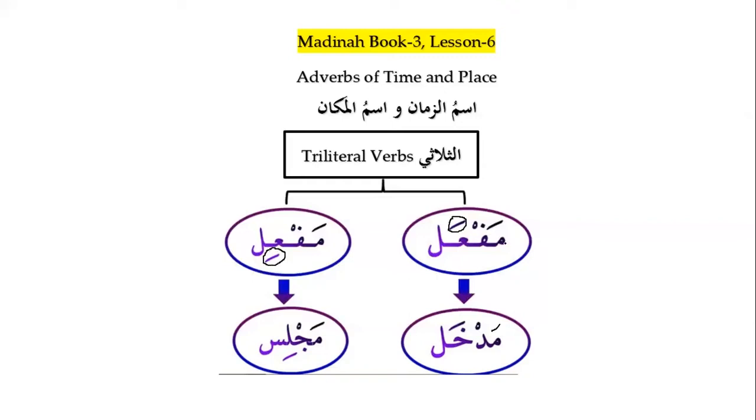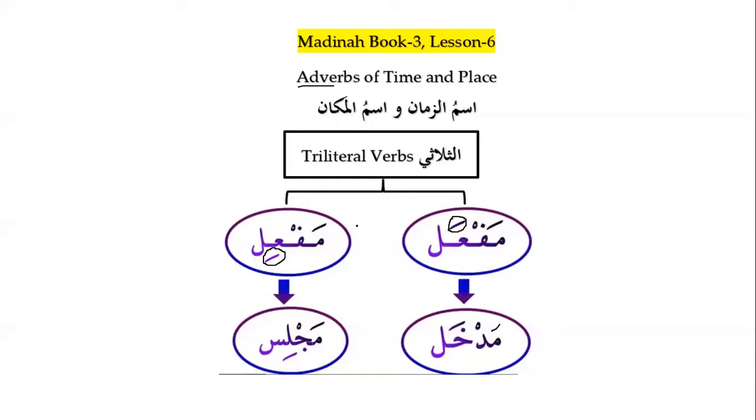And they can be used as an adverb of time, and also as an adverb of place, depending on how it is used in the sentence. Ism al-zaman wa ism al-makan. We need to know that we also call them dharf, like adverb, and we have already learned some dhuruf, for example qabla wa ba'da, similarly amama wa khalfa. We need to know that these are different from those adverbs. Those adverbs are original adverbs, and these are derived.